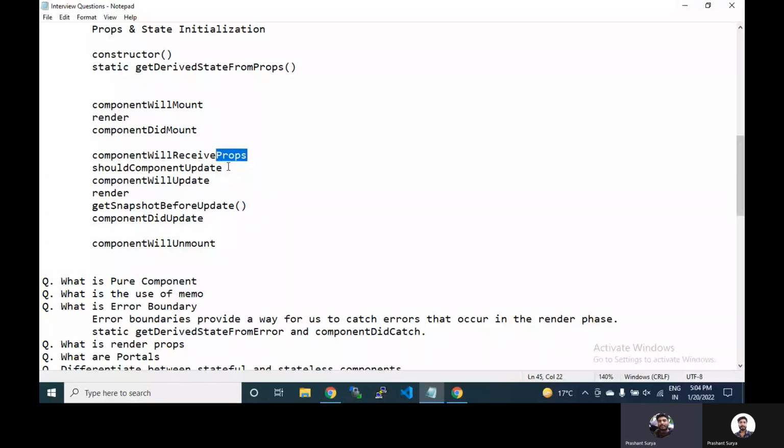If you forcefully return false here, then your component will behave as a pure component. Otherwise it is true. By default it is true, meaning an impure component. So if you return the value false in this method, then your component will behave as a pure component. Now componentWillUpdate, then render, and then you will have a